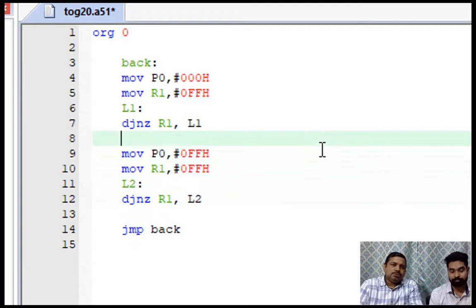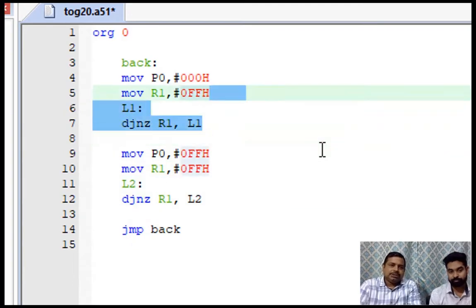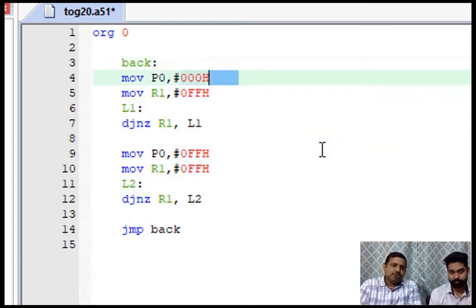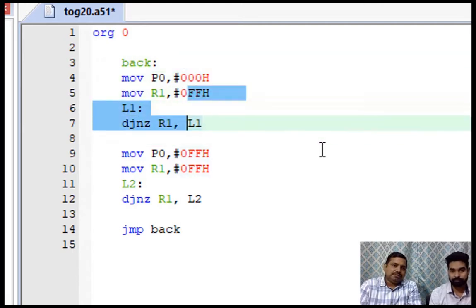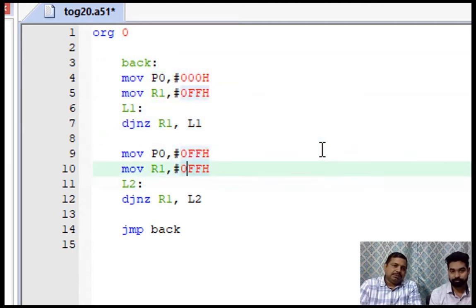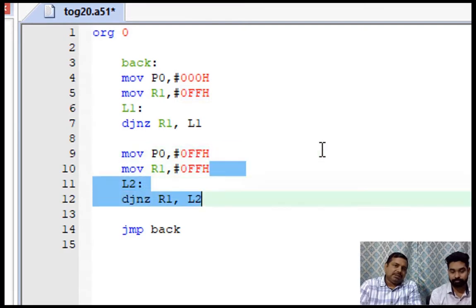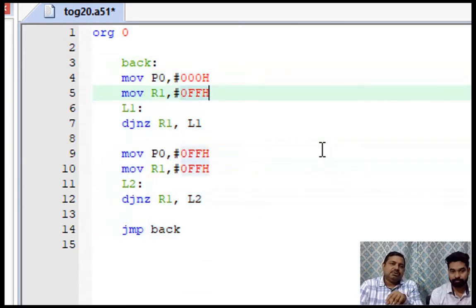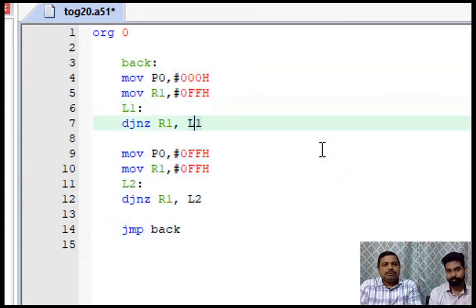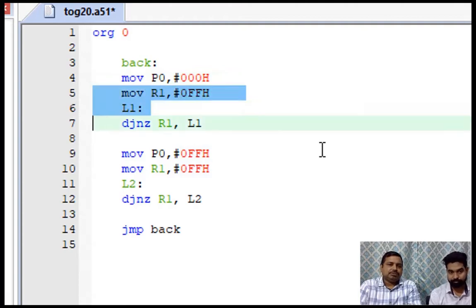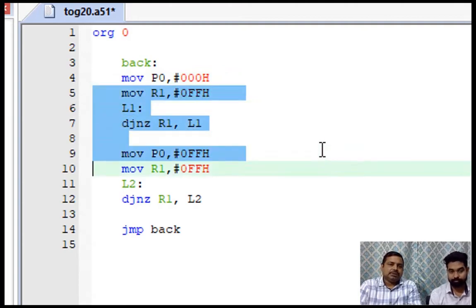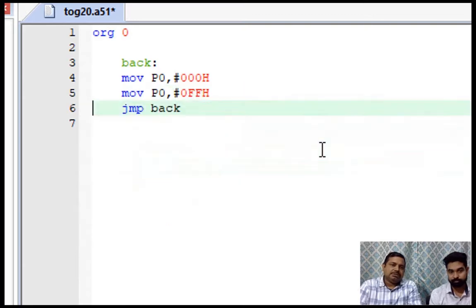In this loop, we are first making the port low, and then we have a delay, and then we make the port high, and then again a delay, and after that we go back. So these activities keep going with some delay. In the last program we only had these two things, without these delays.